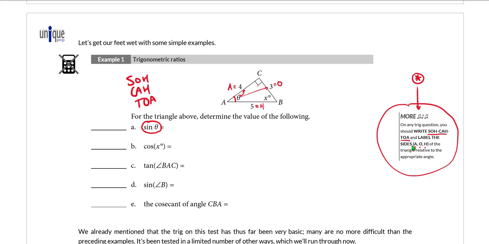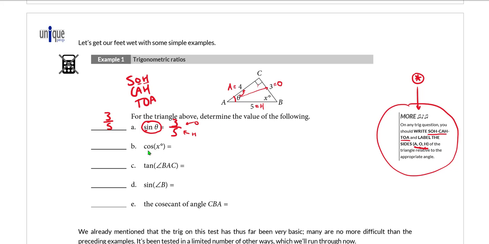So I have labeled, as I said over here, I have labeled A, O, H, all of the sides of the triangle. So sine of theta, remember we define sine of theta as the length of the opposite over the length of the hypotenuse. I have so written down right here so I don't make any mistakes. SOH, sine, O over H. So I'm simply going to take that 3 and I'm going to take that 5 and substitute them in for the length of the opposite, length of the hypotenuse, and